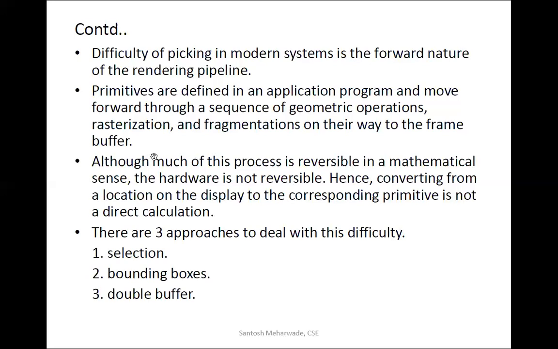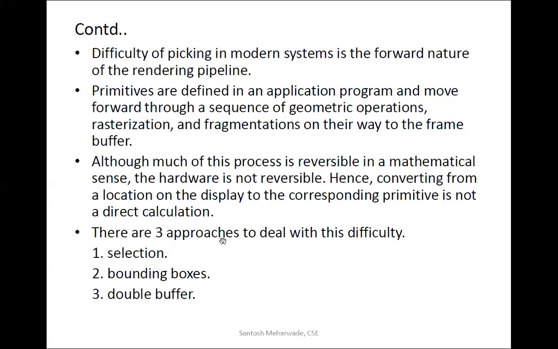But our computer graphics hardware is not reversible. Hence, converting from a location on a display to the corresponding primitive is not a direct calculation. Once you have a particular pixel on your display, you can't directly convert it back into the particular primitive form. That is the drawback of this picking operation.